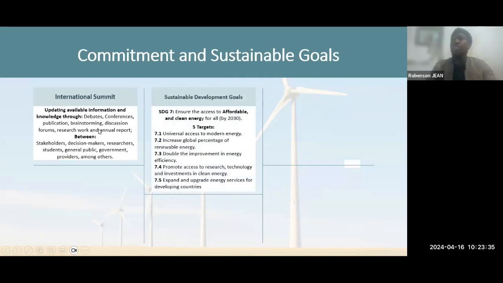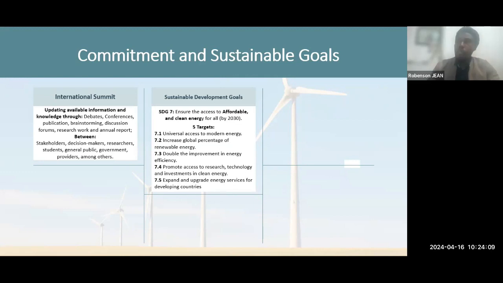So as a sustainable goal, we can consider, for instance, the Sustainable Development Goals that are already set, and this aims to ensure access to affordable and clean energy for all, and this by 2030. Inside this SDG, we have 5 targets. First of all, to get modern energy accessible for everyone, and increase the renewable energy share